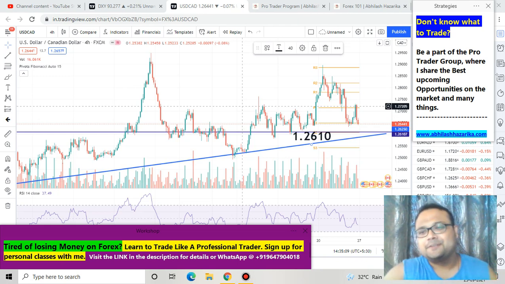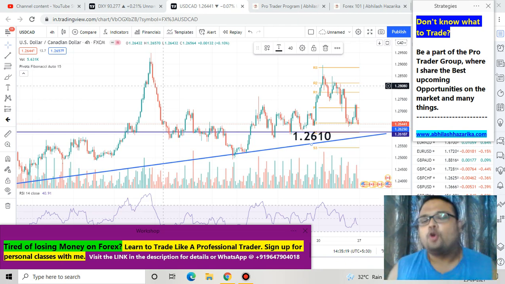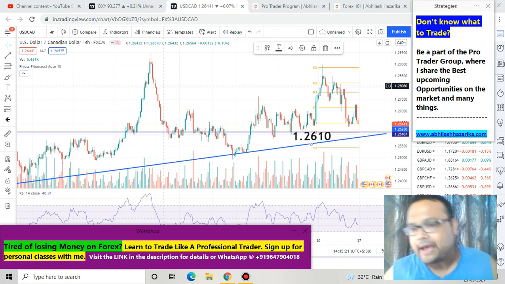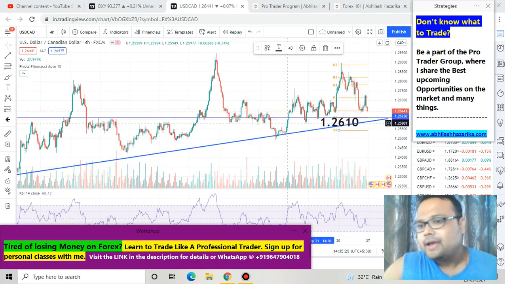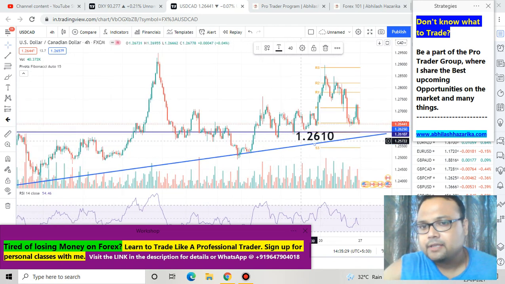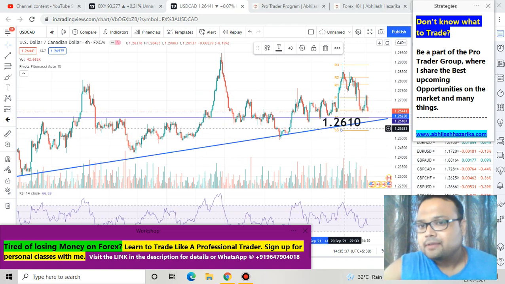So let's get started. This is the Forex chart of USD CAD in front of us right now, and if you have watched my yesterday's video on USD CAD on Friday, then you can see that the overall setup of USD CAD has remained the same, because we have got an important level on the chart of USD CAD, and the level is 1.2610. This is the most important level on the USD CAD chart right now, because this level is a support